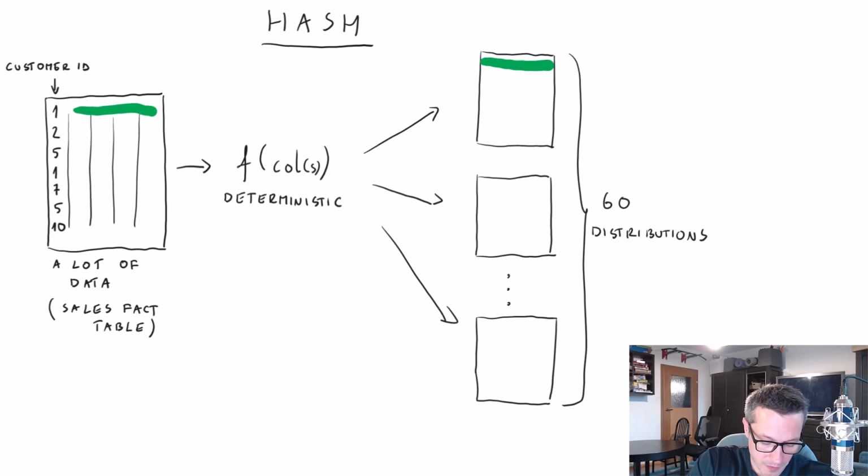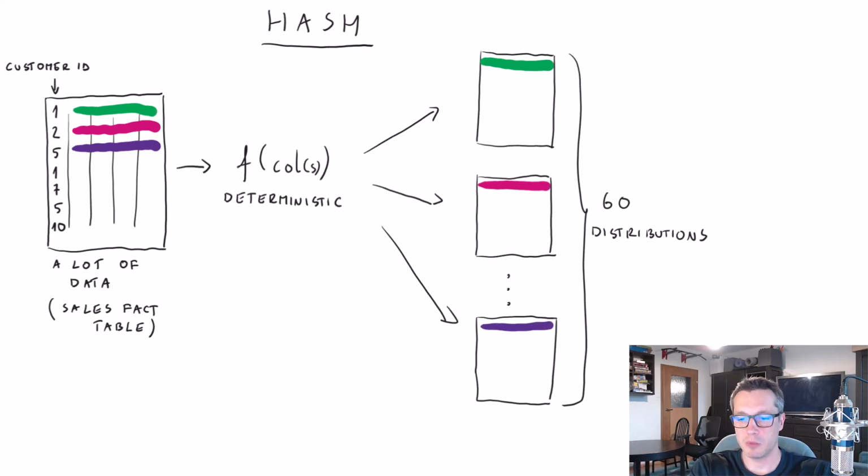Then we have a row with ID 2, and let's assume that for this value we got a different hash output, which resulted in storing this row in the second distribution. Then we've got a row with ID 5, and let's assume that it resulted in a hash output that assigned this row to the last distribution. Then we again have a row with customer ID equal to 1, so let me use the same color,